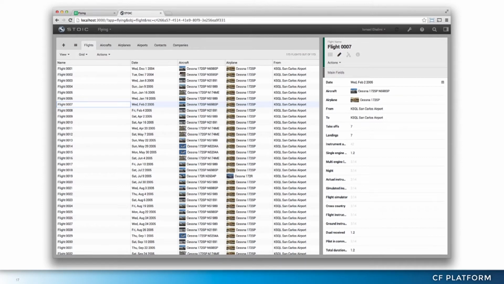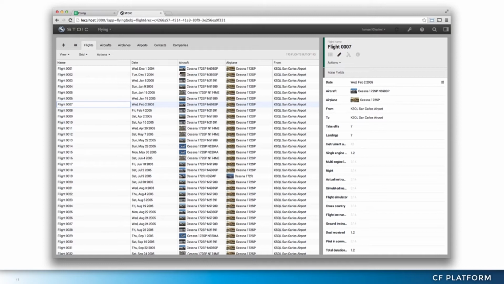The way it works is that we look at the spreadsheet and we try to extract an object model out of it. And we do that because we've looked at 24 million spreadsheets, all the spreadsheets that Google could index, and we learned a ton about spreadsheets, how they are called, the names of the columns, the formats, pretty much everything. So we create an object model for it. We then put the data into a database in the cloud, running on Cloud Foundry. Then we create an API on top of that, and on top of that, we create a user interface, which you see here, and that takes just one click of the mouse.